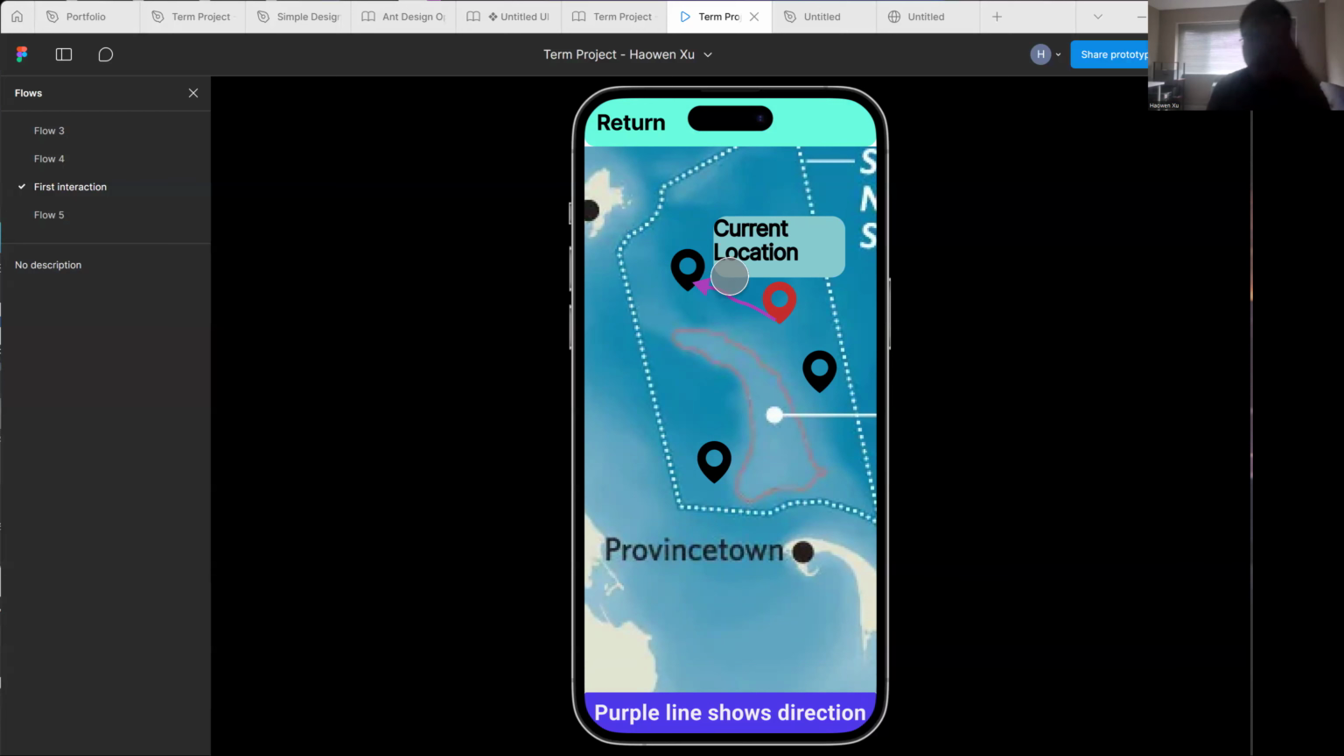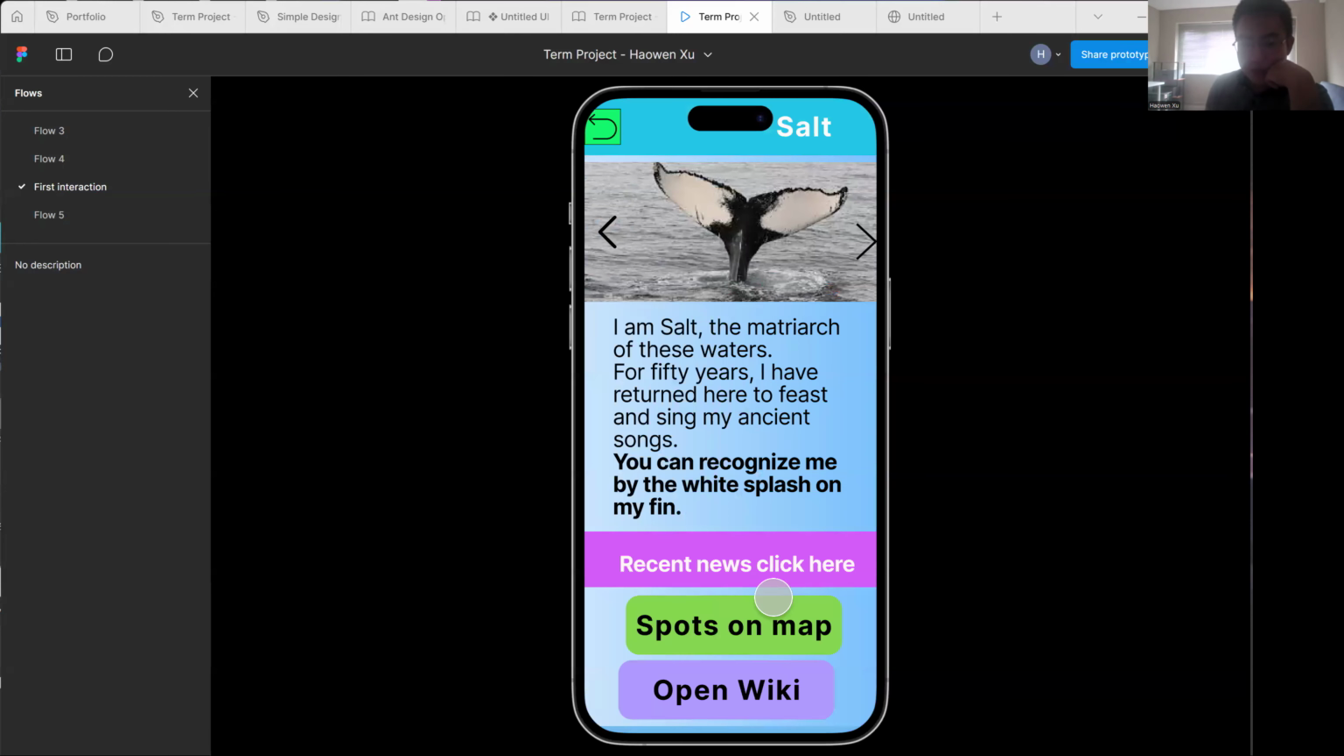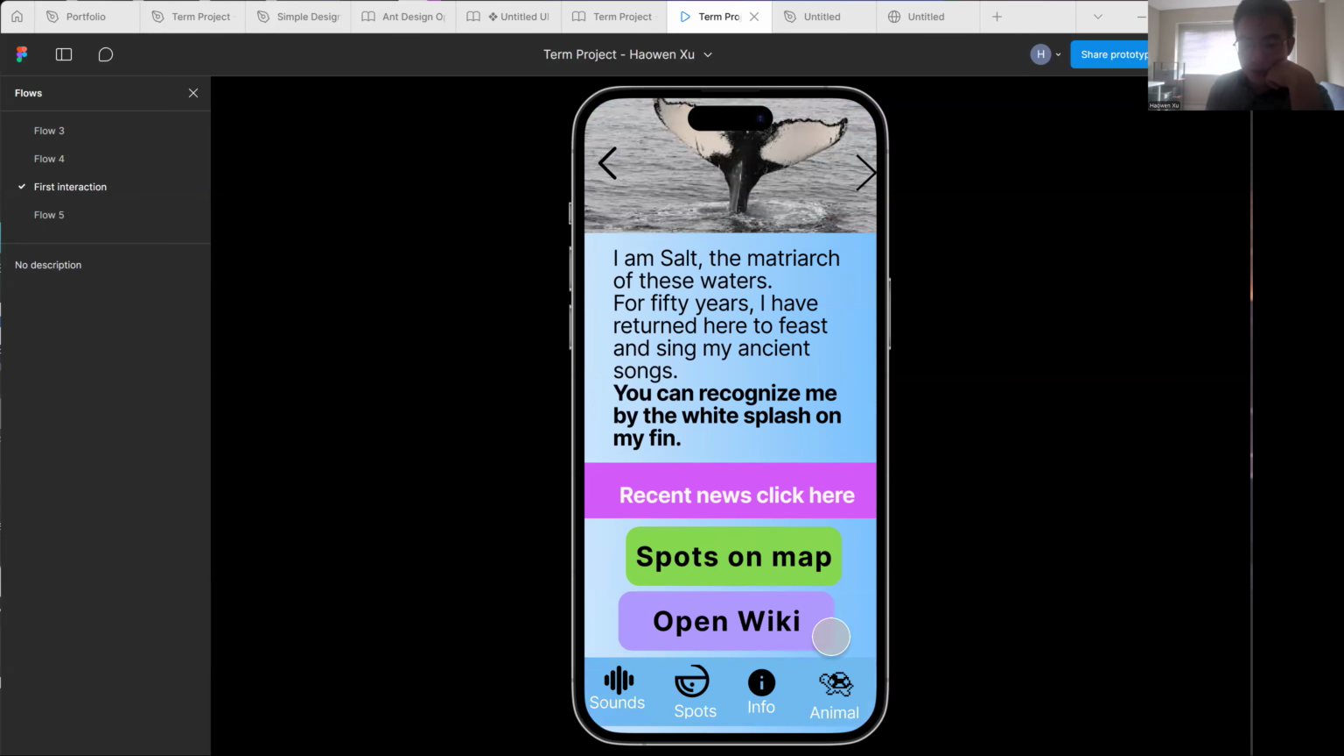It is collected from the official website of the whale watching agency. We can see that there are three main sightings nearby. This is the pilot whale, Salt spotted by Seven Seas Agency, and also this Salt spotted by the New England Aquarium. If we click this one, we will then be directed to Salt. And also,